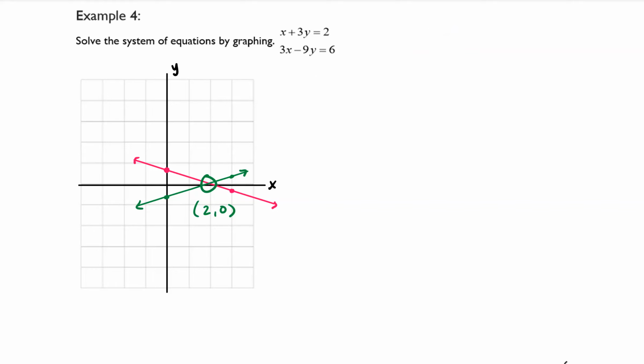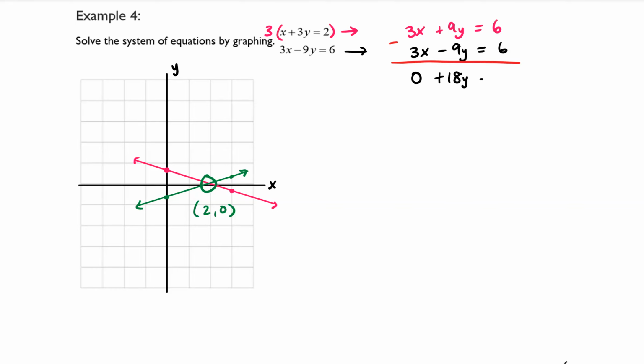move through using elimination just to be certain that our answer is correct. So I'm going to multiply this top equation by 3, and if I do that, we get 3x plus 9y is equal to 6. And I'm just going to copy over the bottom equation, 3x minus 9y is equal to 6. Now, if I subtract these two equations, 3x minus 3x is 0, 9y minus negative 9y is 18y, and